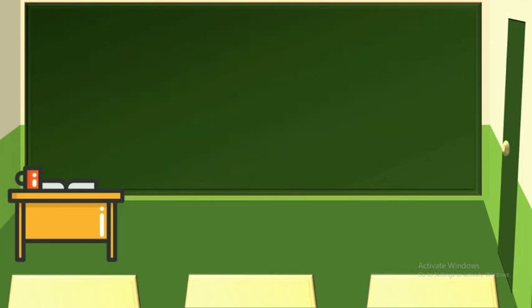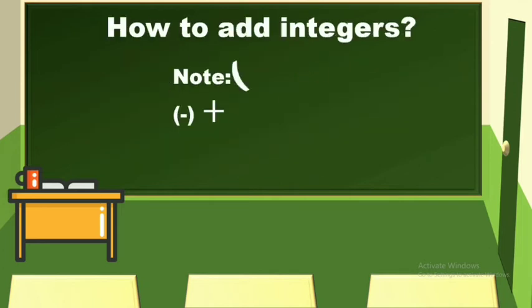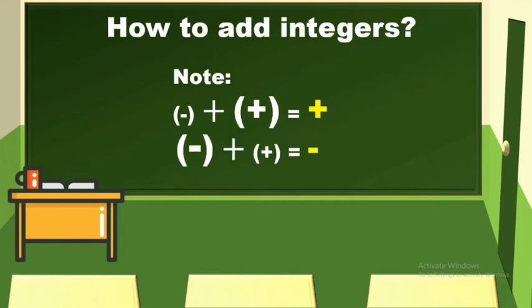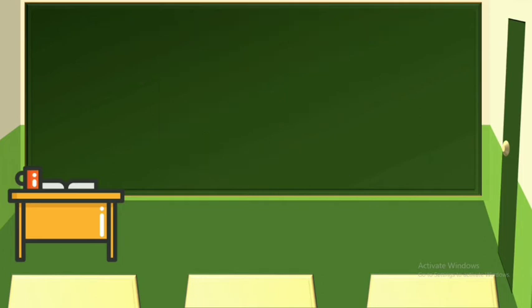Meaning to say, when you add a negative number and a positive number, and this positive number has greater absolute value than the negative number, the sign is positive. Then, when you add a negative number plus a positive number, and this negative number has greater absolute value than the positive number, the answer is negative. Example: